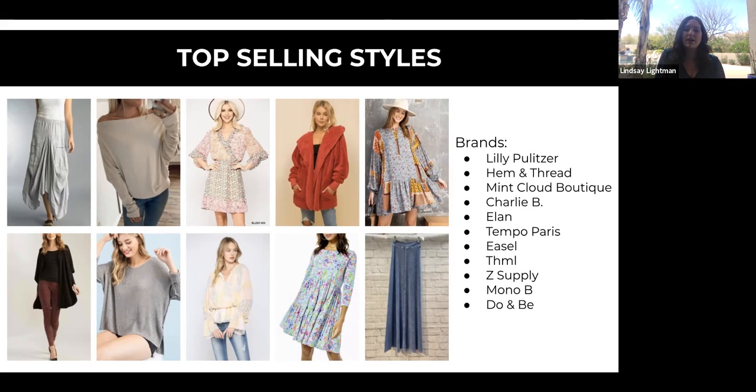Hem and Thread, Mint Cloud was a lot of sweaters. Charlie B has been a really strong brand for us for the last couple months and growing as a brand. Their price point and their product assortment seems to really be resonating with a lot of shoppers today. So it's definitely a great brand right now. Tempo Paris is great for the older ladies, and we see a lot of sales from it. It's one of our number one sellers for older ladies right now, along with